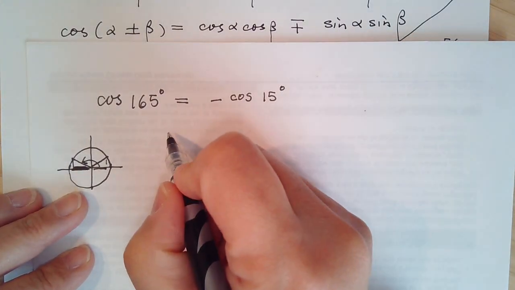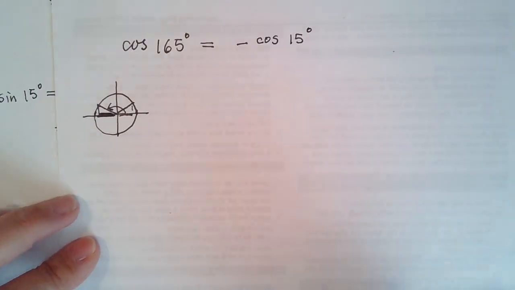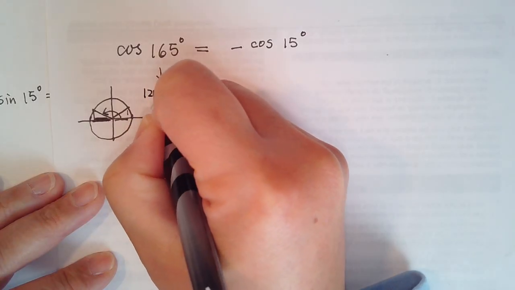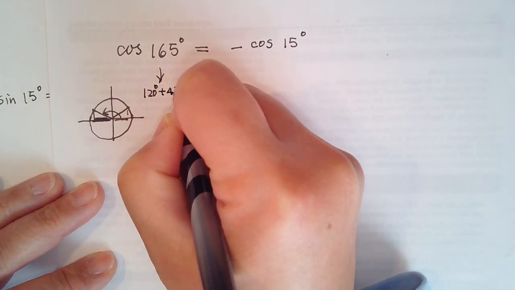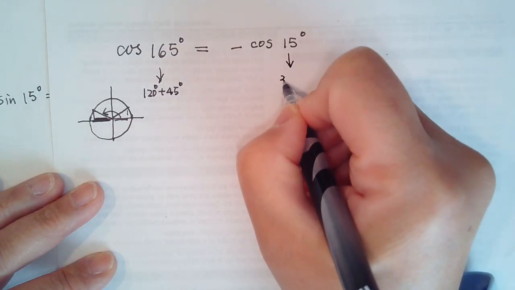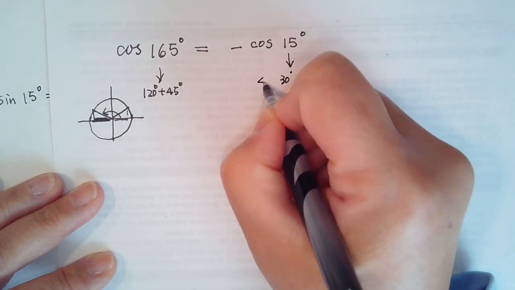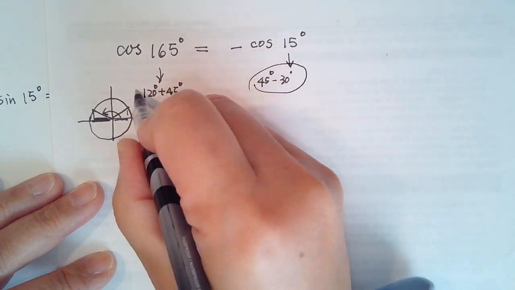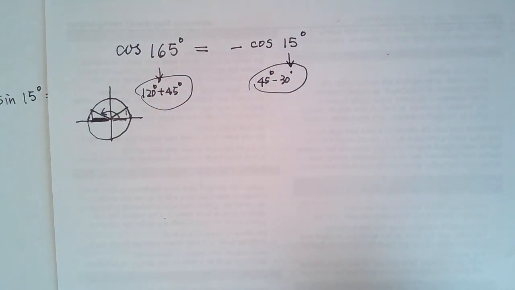So we can get that. Or you can use cosine as 120 plus 45. You can do that. Or you can use 45 minus 30 as this 15. So either way, you can use all different ways. See, you can find a lot more exact values of the angles. Okay, so let me